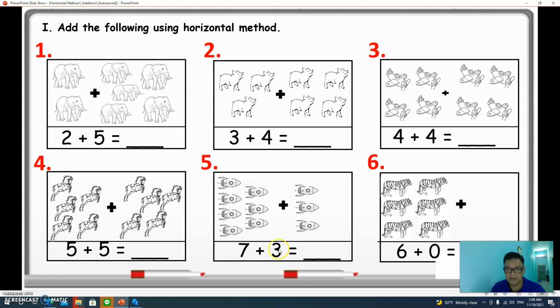So 7 plus 3 equals 10. Very good. Number 6. What are these? These are tigers. 1, 2, 3, 4, 5, 6 plus 0. 6 plus 0 equals